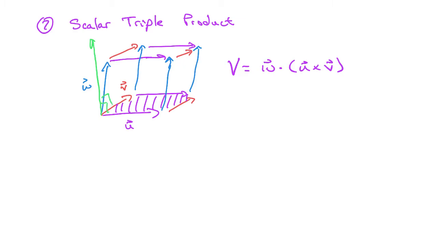And so what we can think of then is the magnitude of that height is really going to be equal to the scalar projection of our vector w onto our cross product vector u cross v. So our height, if we draw the perpendicular over to our vector w, then the height that we are looking at is really just, again, coming from